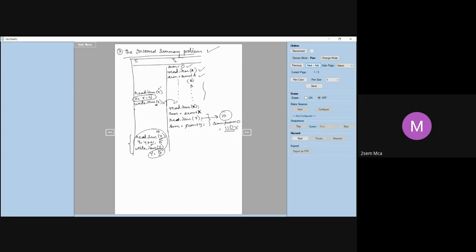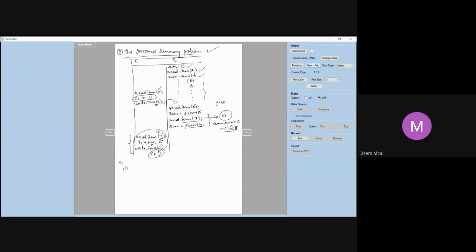Next, what is T2 doing? It is accessing Y. It is adding that value of Y to sum. So let us say Y is 10. When I add it to sum, suppose by now my sum is already 100. So for that 100, I add this 10, I get 110. So my value of sum is now 110. After I do this, look at what transaction T1 is doing. Look at the left column again, T1. It is reading the value of Y. What is our value of Y? Y is 10.